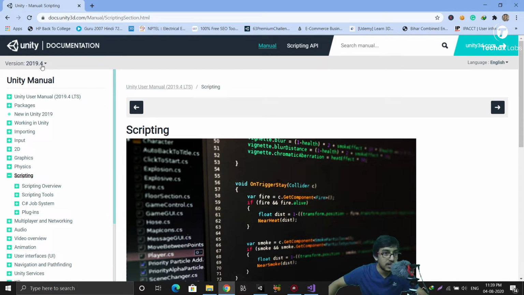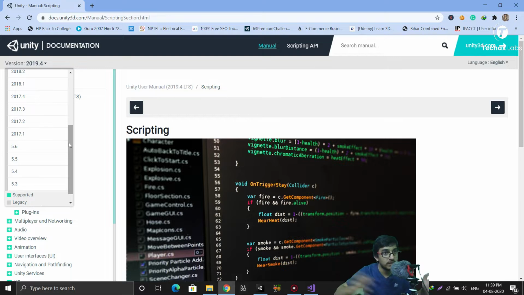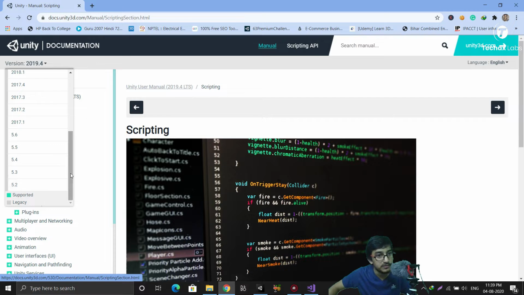Actually I have to use this very often because every time I get stuck I go to either Unity forums or Unity documentation. So here you can see I have to select a version of Unity. They have provided this support for every version starting from 5.2.